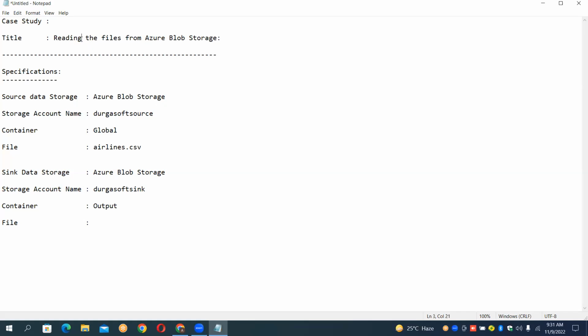Else, you can change the heading line as it is, copy data. You can see here, copy data files from Azure blob storage to Azure blob storage. Now, guys, as it is